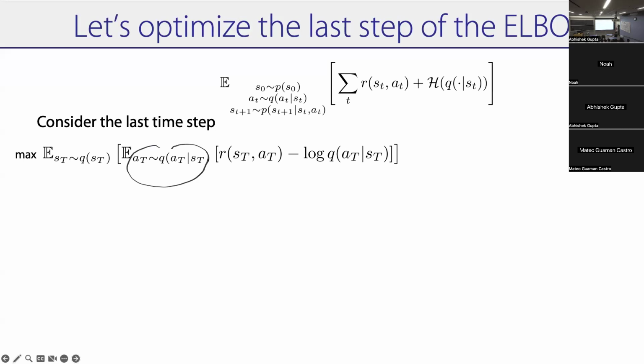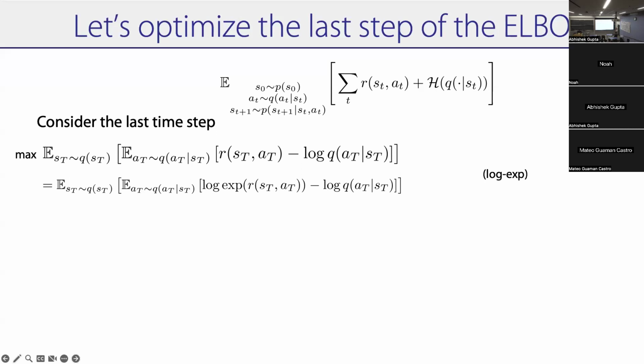And we're going to try to massage this into a form where it's easy to do. You can blast this with gradients if you want and try to find the best Q of AT given ST. We'll just try to find an easier solution to it. Okay, so here's one way to do it, which is